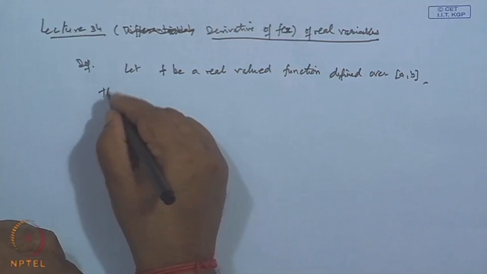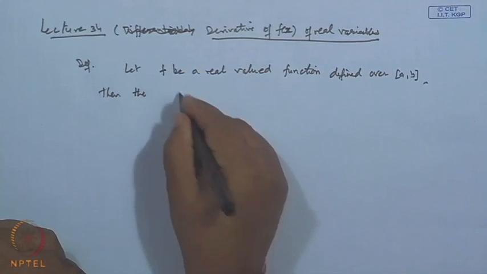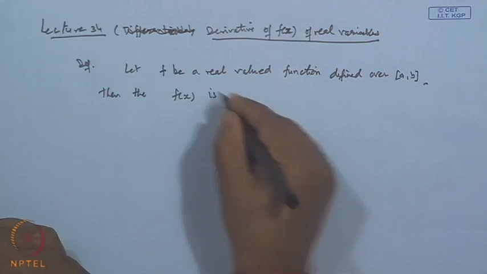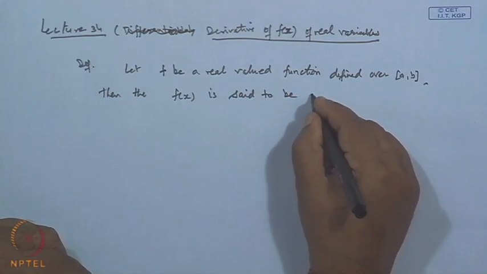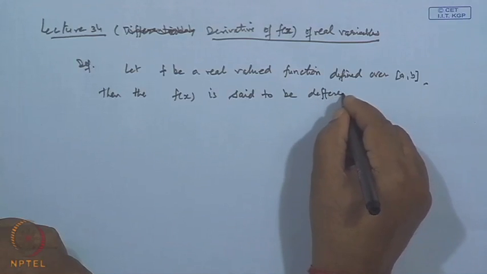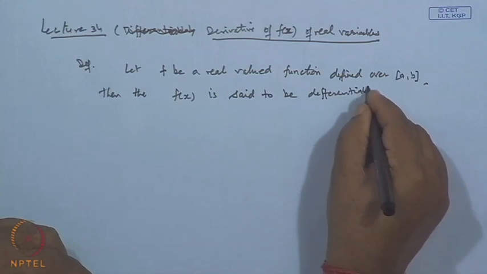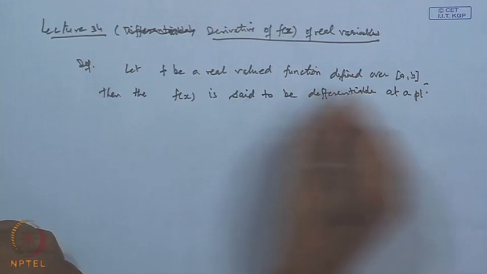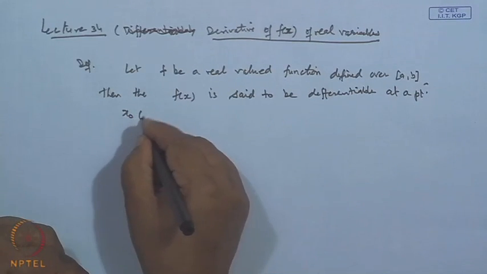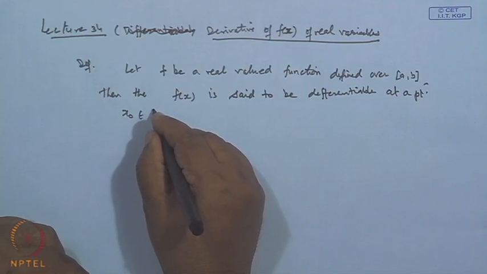Then the function f(x) is said to be differentiable at a point x naught belonging to the interval [a, b],